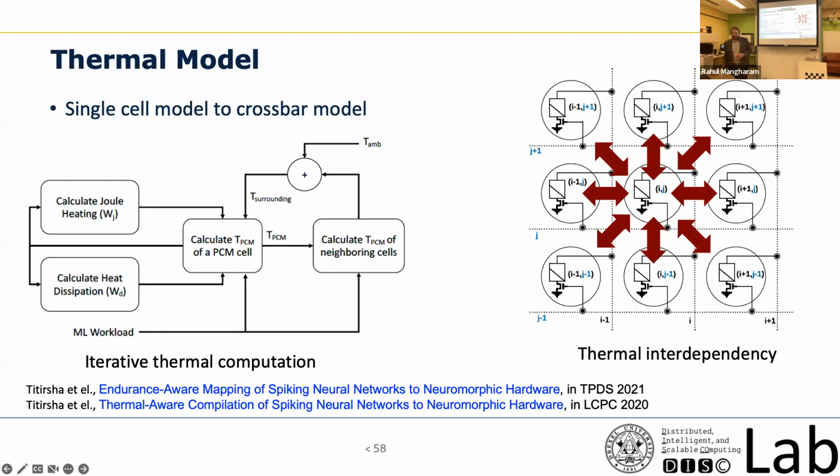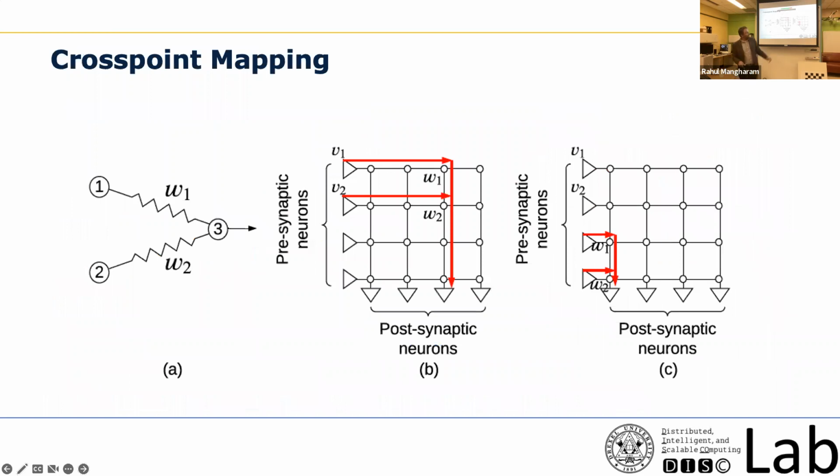This is a somewhat related question. You get these output voltages on these rails, but where are the neurons? The neurons are sitting at the edge. Presynaptic neurons are on the left-hand side, postsynaptic neurons are on the bottom side. So they exist physically off core, off the rails, yes. Here is what I was showing. These are the neurons and the connections. You can either map the neurons like this so that it uses this connection, or you can map it like this. Which one would you choose?